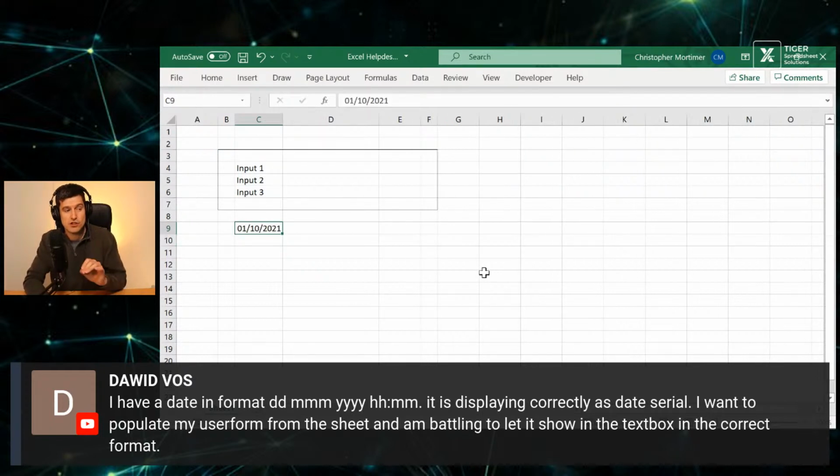Now, David's saying you have a date serial. So what does David mean by date serial? Well, each date in Excel does have a number. Each day has a number. And what's the first day in Excel? Well, if you type in the 1st of the 1st,